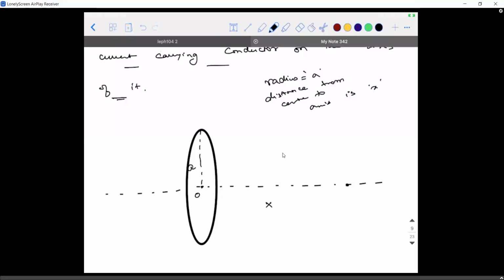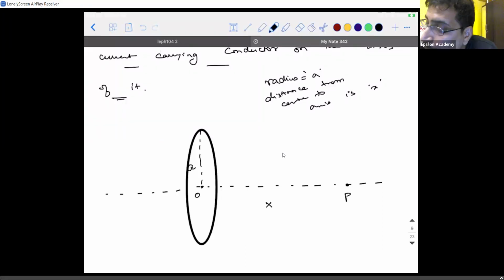Yes, sir. Now comes an important question. When you see from this side, the current is flowing in the anti-clockwise direction, then on the other side, the current will be in the clockwise direction. If the current in this particular turn is in the downward direction, it will be in the upward direction on the other side. Now comes an important question. Due to the current flowing through the conductor, what is the direction of magnetic field at point P? Forget about the value. That's what we need to find first.